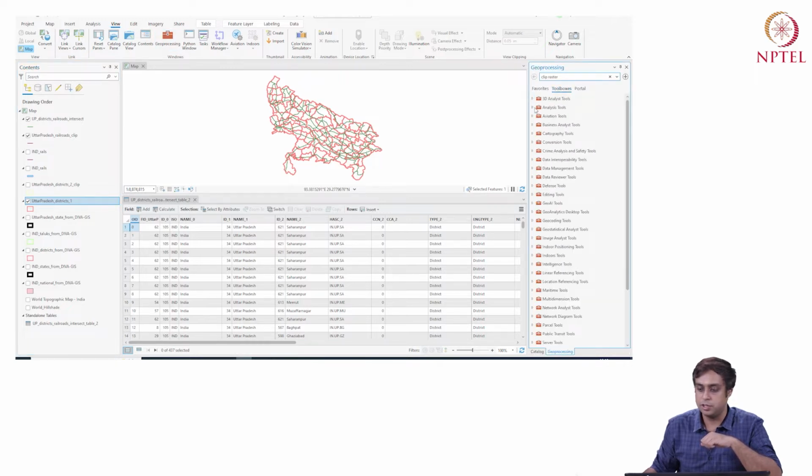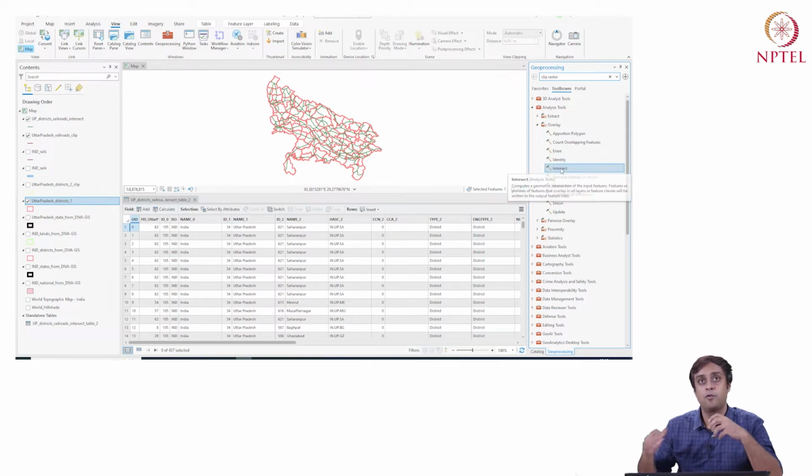We used this tool under analysis, overlay, and intersect to provide an intersection of line data, that is the railroads data for India, downloaded from DEVA GIS, and the districts level data for UP. And consequently, we created this table which is called UP Districts Railroads Intersect Table 2 using this tool.